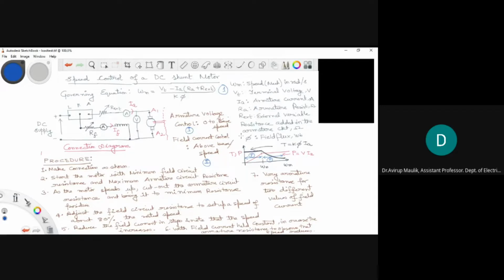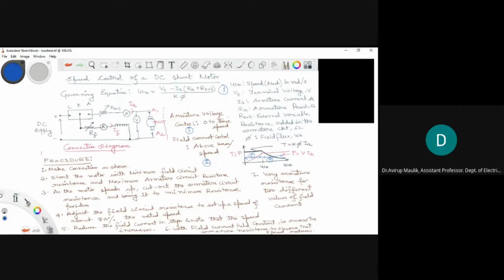Now let us come to this diagram. I have divided this zone of operation into two zones, zone 1 and zone 2. Zone 1 denotes the armature voltage control zone. As you can see, the voltage increases from 0 up to the base speed, and therefore the input power, which is given as V into Ia, also increases linearly. So for armature voltage control, you can obtain speed control from 0 speed to base speed, and here the power will vary linearly with speed. On the other hand, the torque, which is given as K phi Ia, remains constant during this zone of operation.